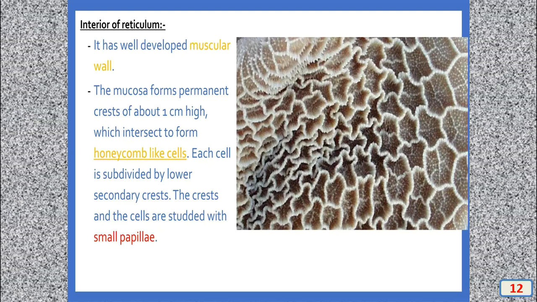The crests and the cells are studded with small papillae. These are all the papillae, lying in between the honeycomb-like structures, and they are also required for the absorption of many types of nutrients. It acts as a filter for heavy materials like nails and sharp objects, and sometimes the